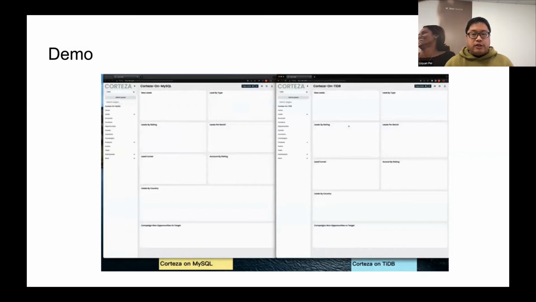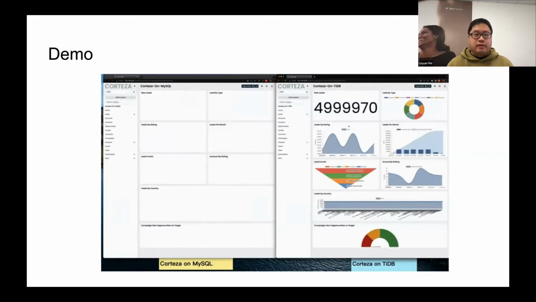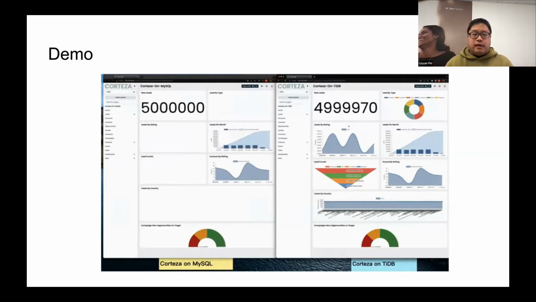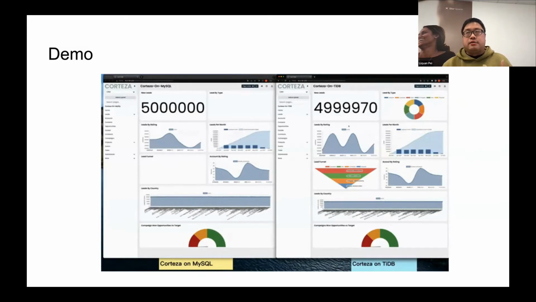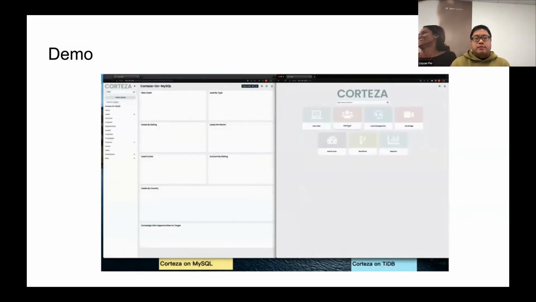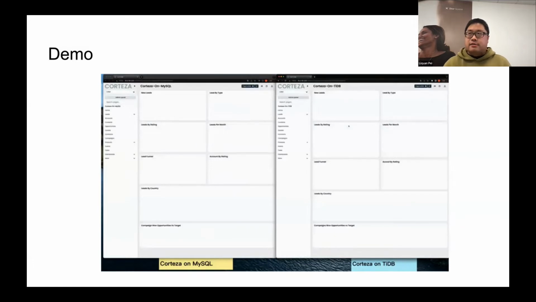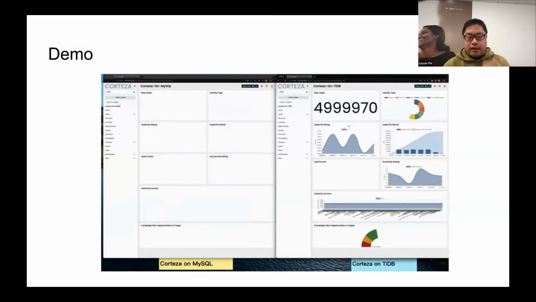So you often want to create different views of the data. For example, here you have different dashboards, and you also want to provide potentially ad hoc query capability to the end user, because you want those queries to be served. For example, if you're a sales manager running on Salesforce, you want to understand the deals progression. You want to understand the performance of your reps, and those kinds of queries will be ad hoc, and you want those queries to return within sub-second, so that you can see a really interactive experience. So that's basically SaaS, and